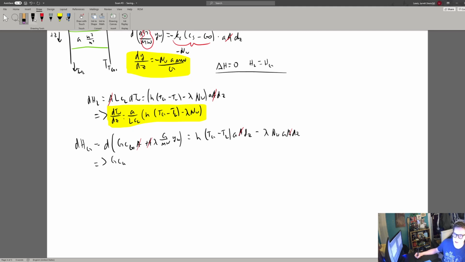It'd be times the change in the temperature of the gas divided by the change in height, plus the heat of vaporization times the gas flow rate divided by the molecular weight,